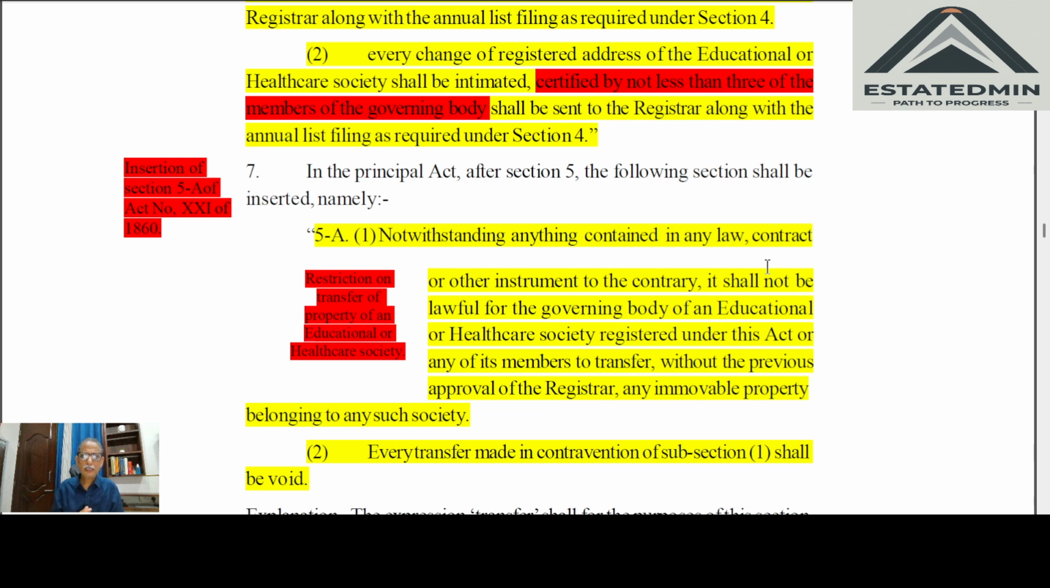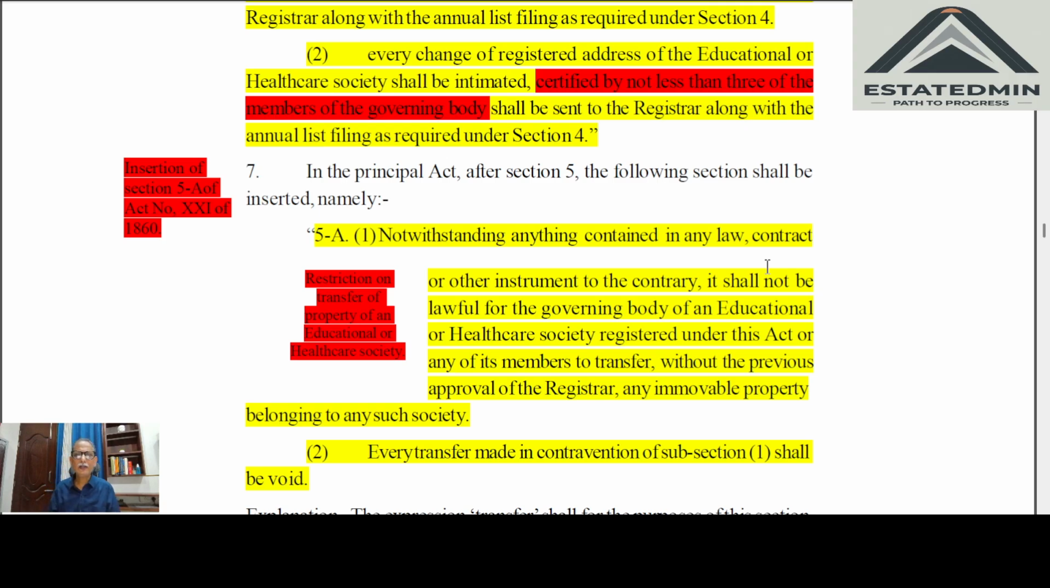Now coming to the very important point. It is very important, needs urgent attention also, because if any violation of this clause is done, it may have very adverse effect on the society affairs. Now, section 5, an additional section 5A has been inserted, which says,